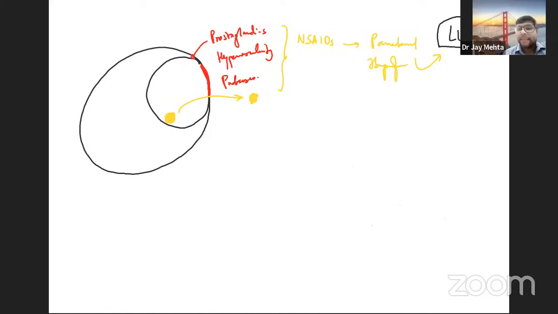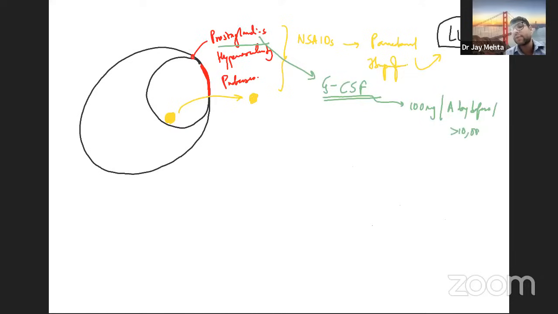All right. Simultaneously, there are going to be a bunch of individuals who are going to join this session and say, you have prostaglandins which are present, so how do we increase the prostaglandins? I have read a latest paper in Fertility and Sterility which says GCSF can be used. So we had written a response to that letter. Three things have been mentioned. You are supposed to give 100 micrograms of that, you are going to give it 1 day before, and you should avoid giving it when WBCs are more than 10,000.